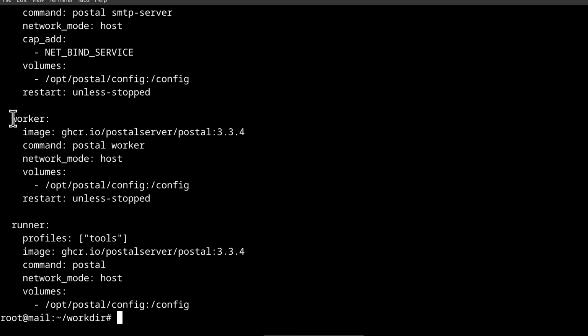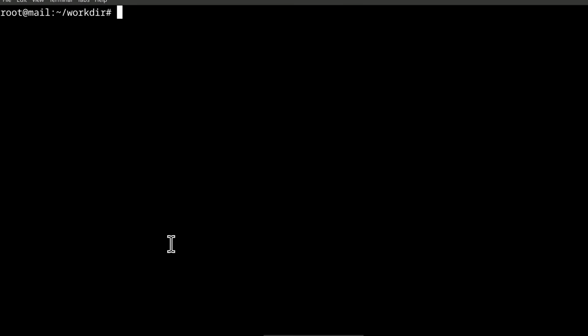Maybe you want to run multiple worker nodes. You want to scale this. You can scale it here and run multiple containers of the worker container. So that's something you can do. And I'm not going to go any further than that. That's just showing you what is possible.